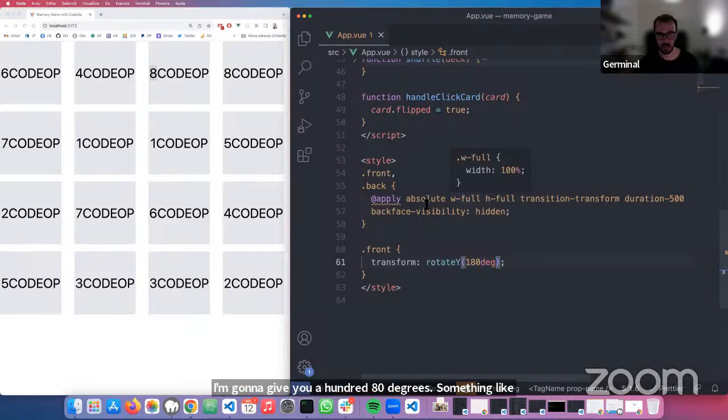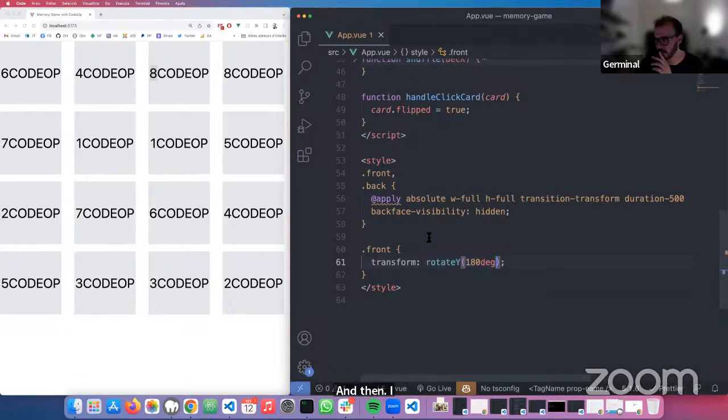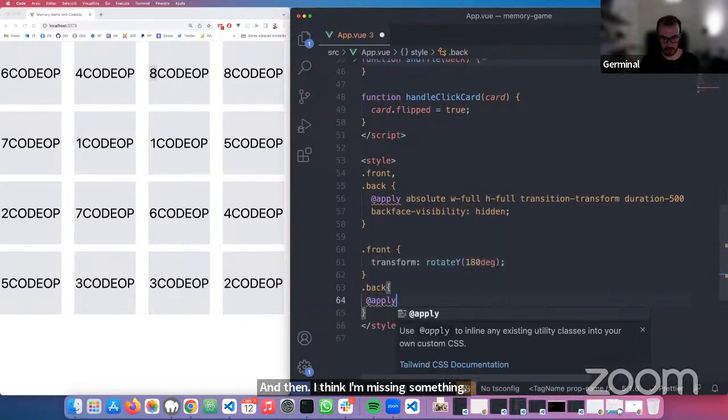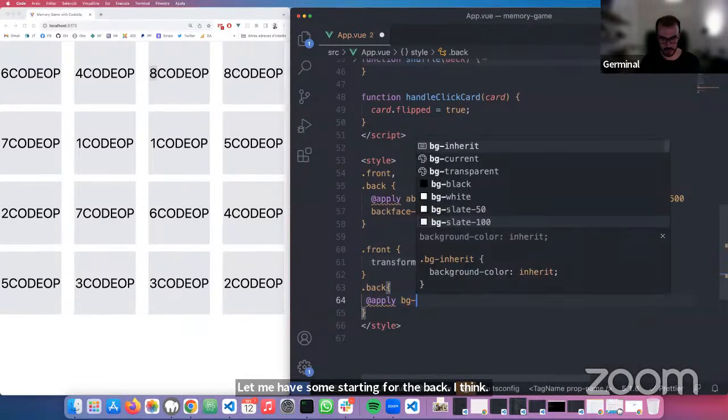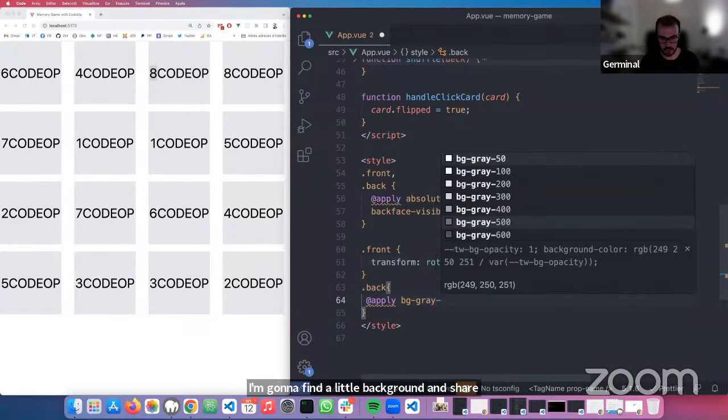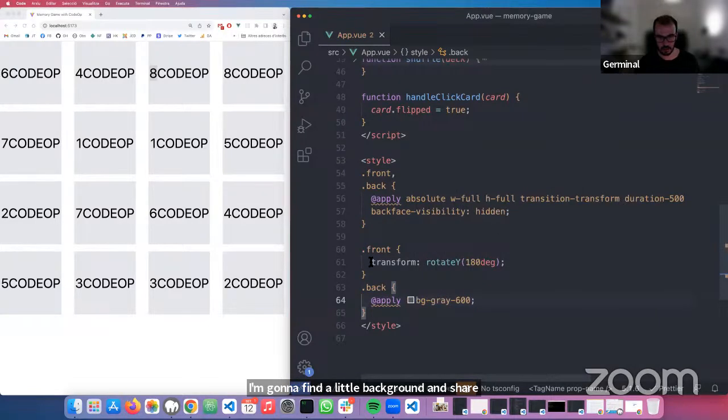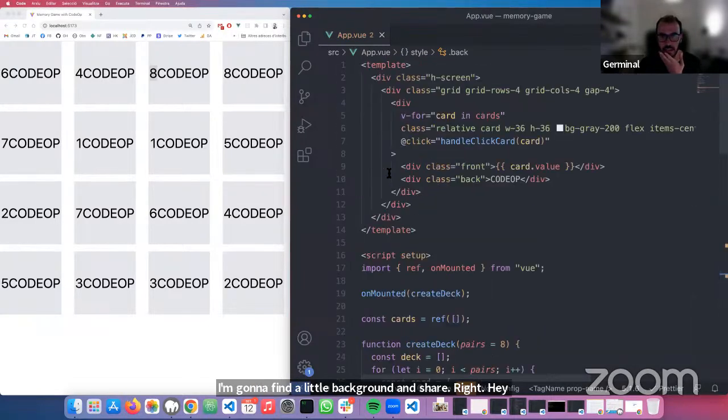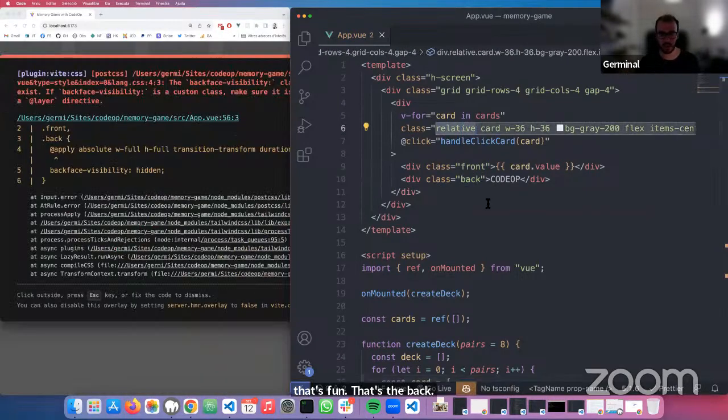Make sure that all of this is working. And then I think I'm missing something. Let me add some styling for the back. I'm going to apply a little background in here. Background gray, let's say 600. Okay, that's the front, that's the back. Front and back. This is relative. Let me see if I have